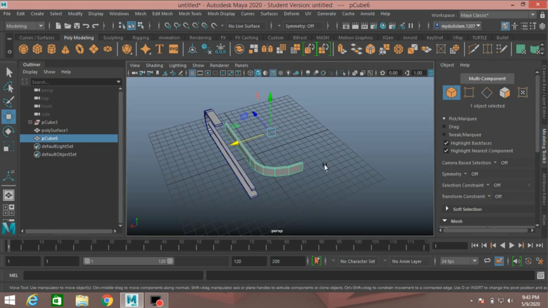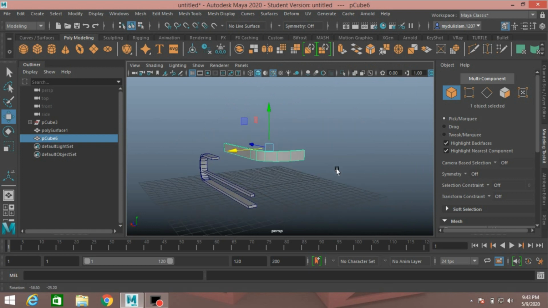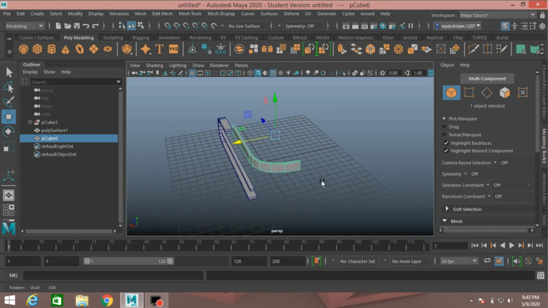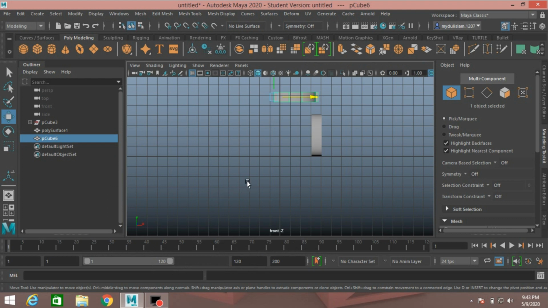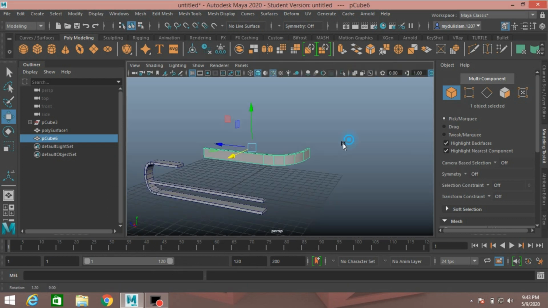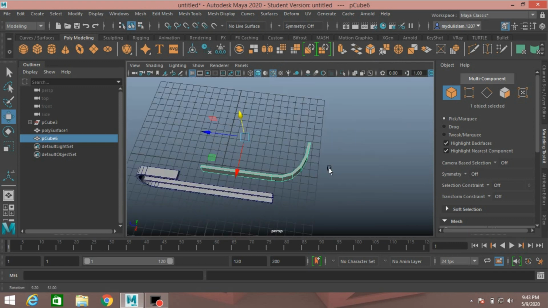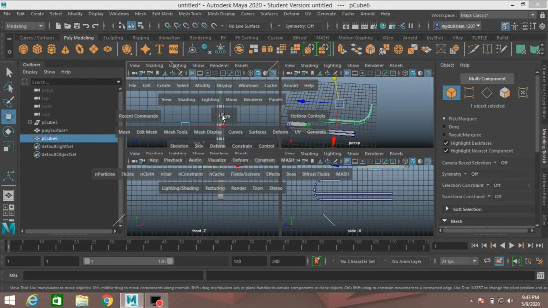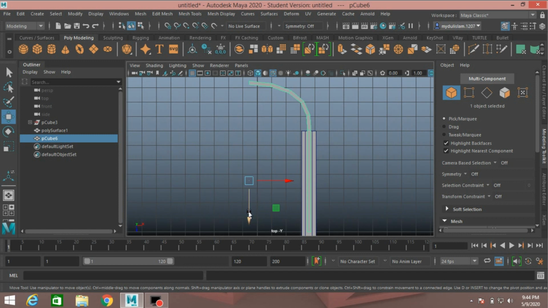Again go to position is right, go to side view and see, go to front view and see, move it slightly up. Again go to top view and move it just like here.